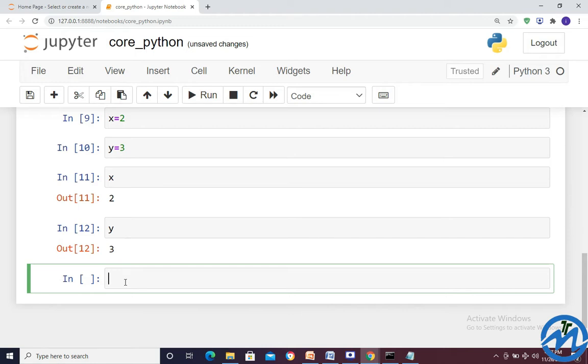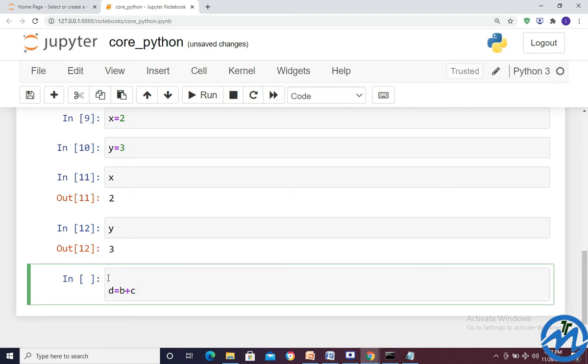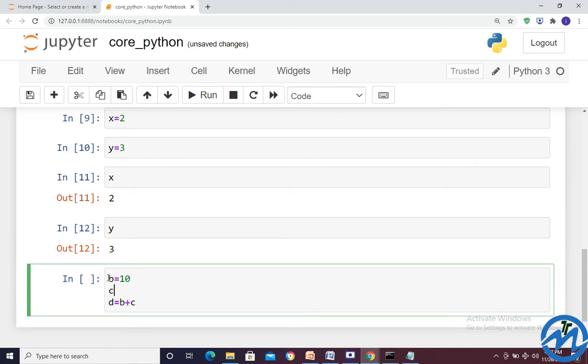Suppose I just wanted to write an addition of 2 numbers and store it in some variable. So d is equal to b plus c. For that we have to give b is equal to 10, anything, 10, c is equal to 20, 30.